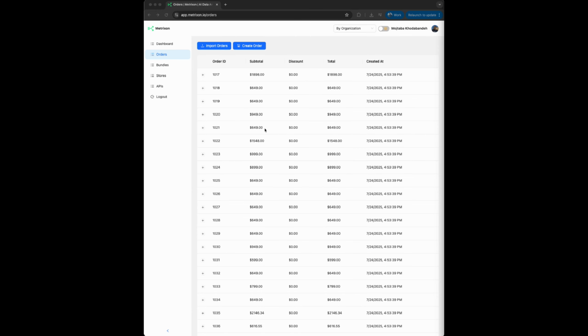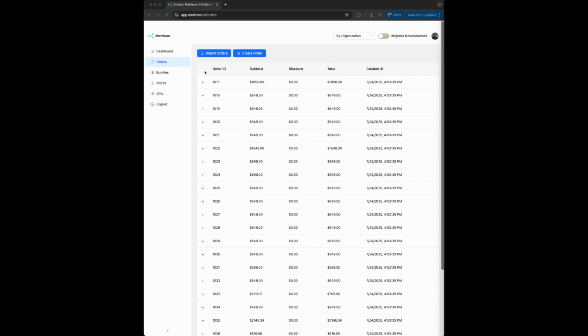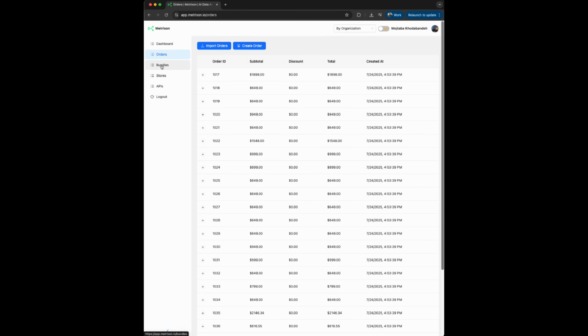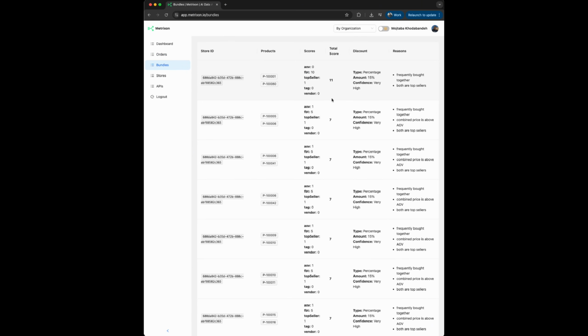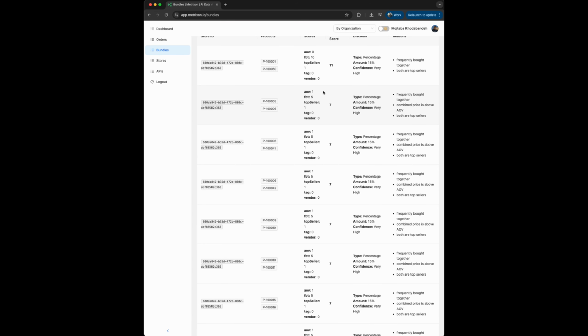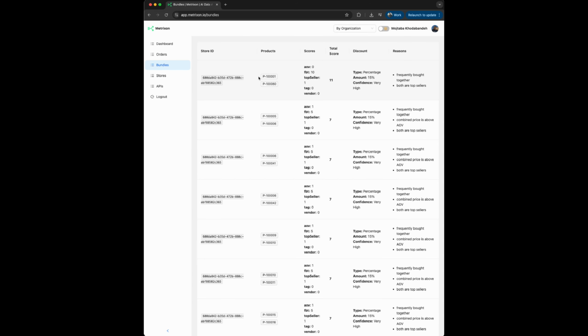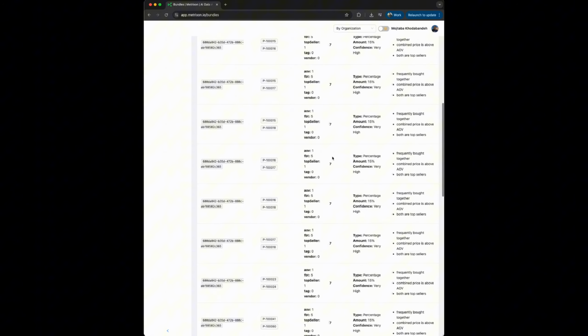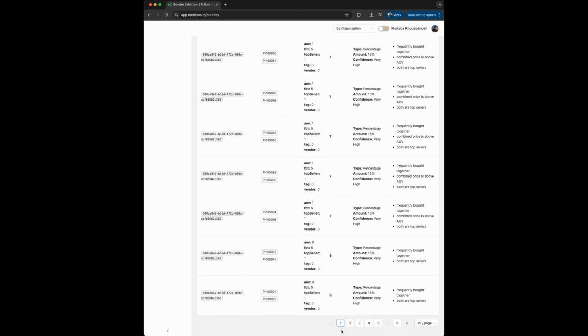Once your orders are uploaded or synced, Metrixon automatically analyzes the data and shows your top product bundle suggestions. Each row in this table represents a unique combination of products your customers often buy together. The products column lists the items in the bundle. The scores column breaks down key performance signals, like how often these products are bought together and how much revenue they help generate. The total score combines those signals into a single value, helping you quickly spot the highest potential